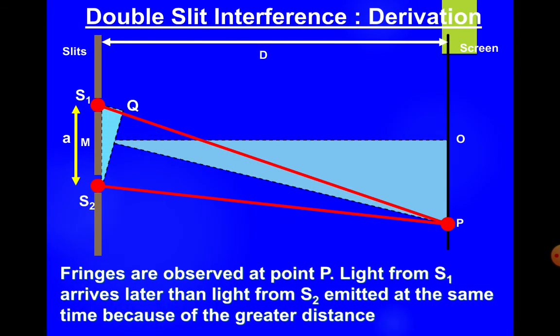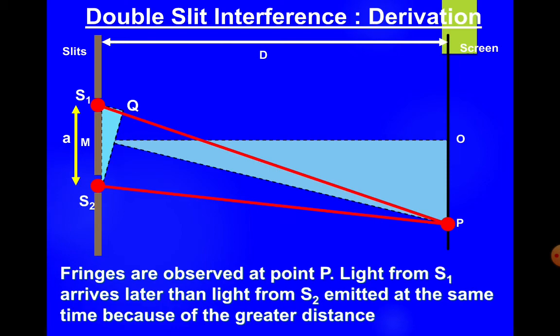Okay, the derivation. Don't worry, you don't need to exactly understand the derivation. However, you need to understand the principle and why we get interference. Remember, we talked about the superposition of waves when they are in phase and when they are out of phase. The fringes are observed at point P from light source 1 and light source 2. Now you see there is a path difference, yeah? They are emitted at the same time, however,